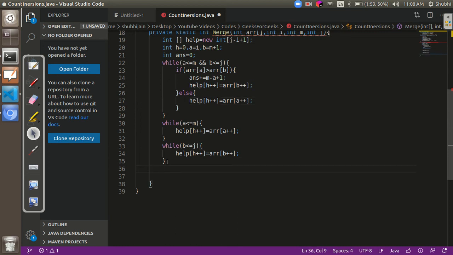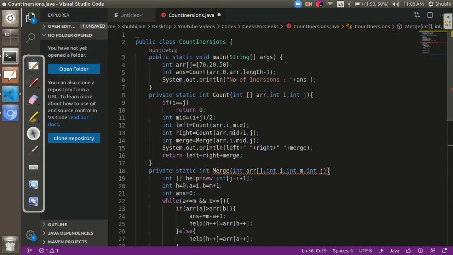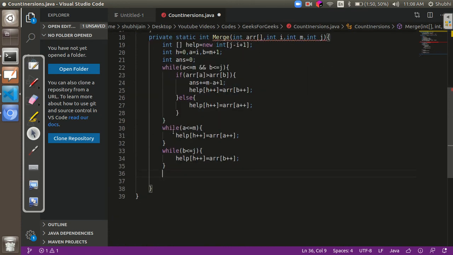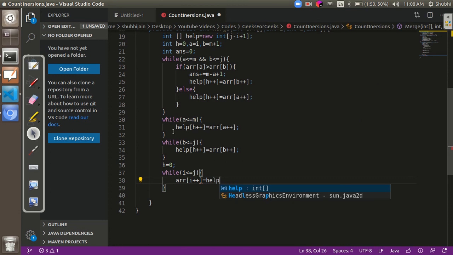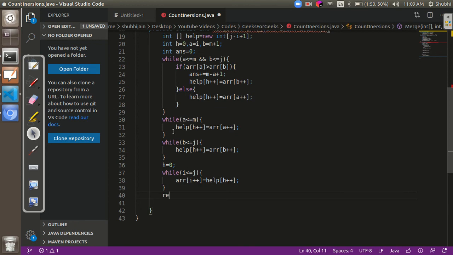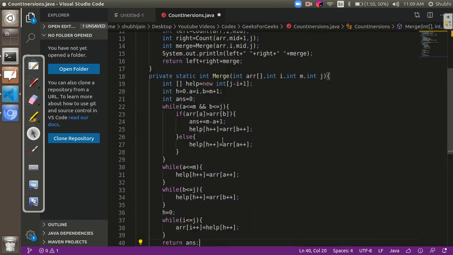So we have to also update it in the main array. If we do not update it in the main array, then these recursive calls might give us the wrong answer. So over here I'll again make my h 0, and then while i is less than or equal to j, I'll just update these indexes with the sorted elements. And once this is done, I'll return the answer.